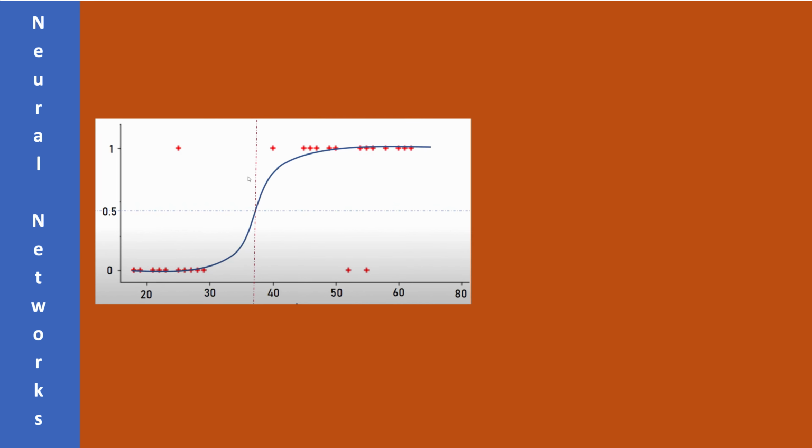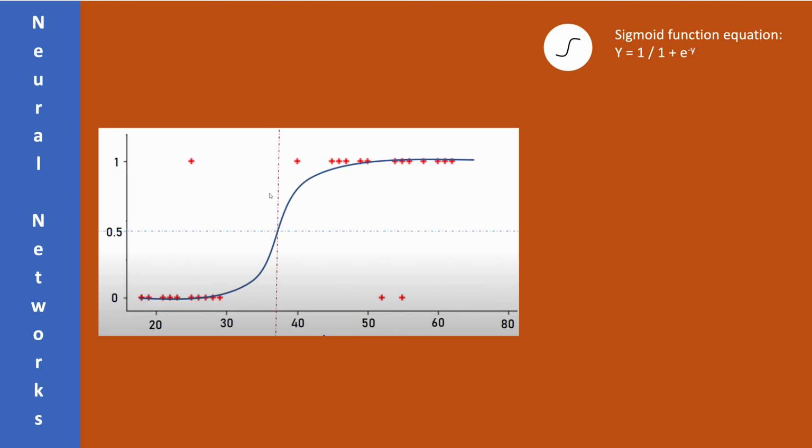So we will be using something known as the sigmoid function. The sigmoid function converts all predictions to values between 0 and 1. So simply it will take any value and return a new transformed value which will be between 0 and 1. So how does it achieve this? It takes the output of our first line equation, which was y equals mx plus c, and does so using a formula: y equals 1 upon 1 plus e raised to minus y. In this case, e is Euler's number, which is 2.71.